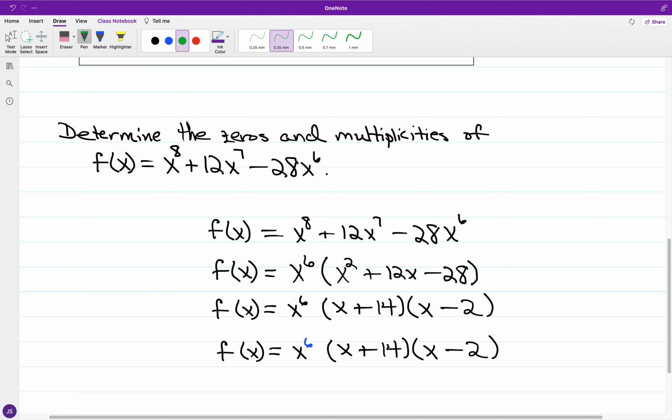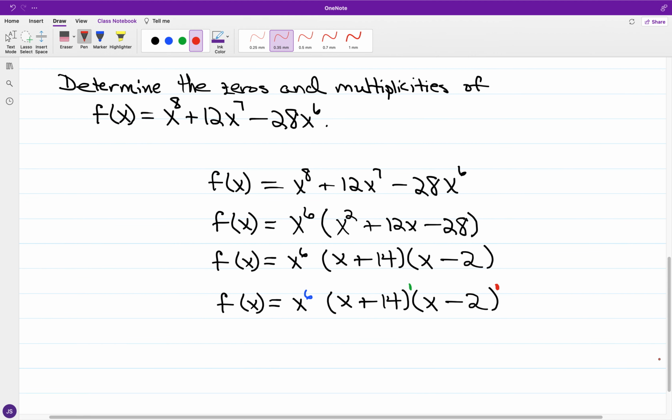And for x plus 14, you don't see a raised exponent, so that is implicitly x plus 14 to the 1st. Likewise for x minus 2, just that binomial, we have implicitly that this factor is raised to the 1st. So we have, in the case of the zeros and the multiplicities,